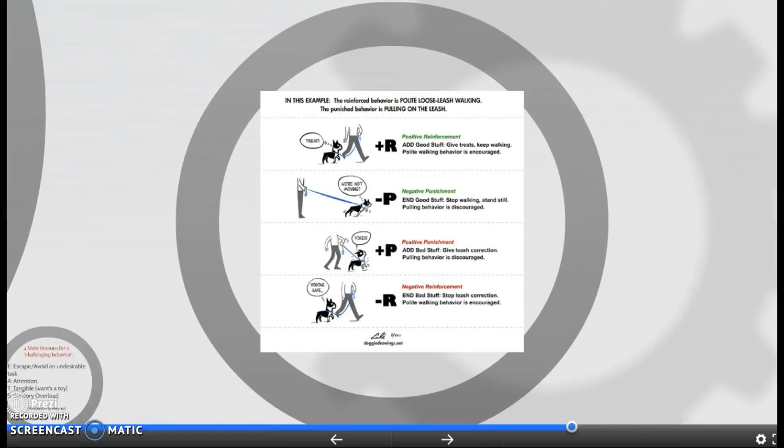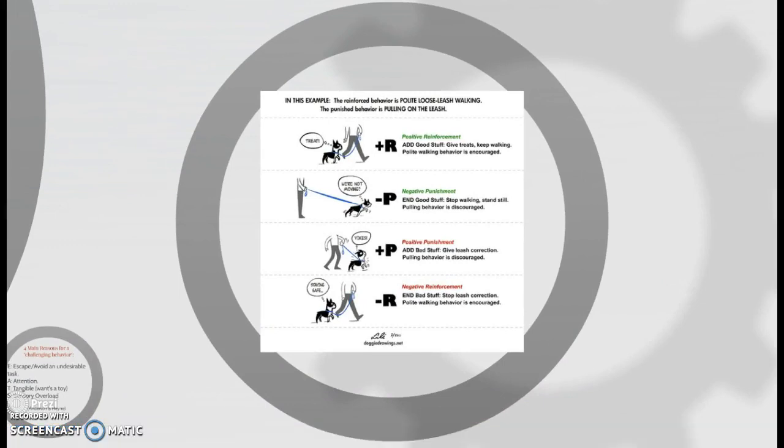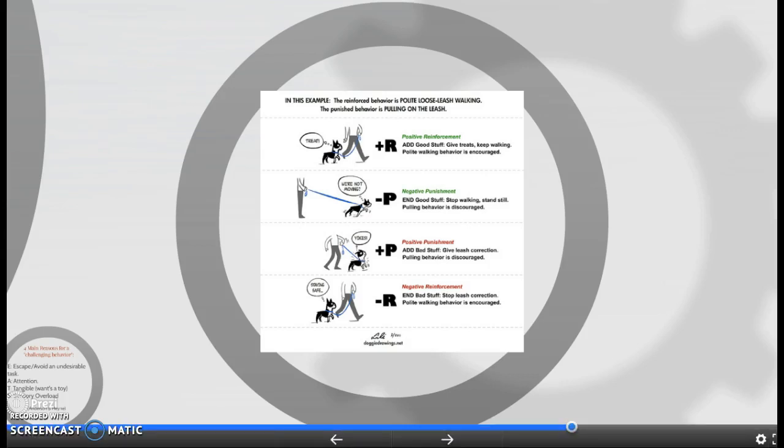So here I have posted a little picture, and I'm sorry it's so small. I'm just going to help you understand really quickly the difference between a reinforcer and a punisher. I like to split it up a little bit: positive reinforcement and positive punishment, and negative punishment and negative reinforcement. When I see those words, I always add a little plus sign when it's positive and a minus sign when it's negative to help me remember exactly what they do.